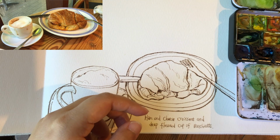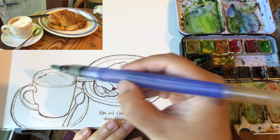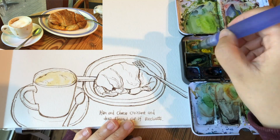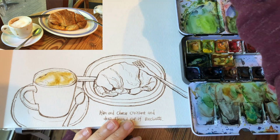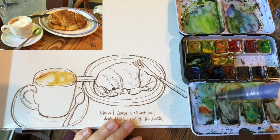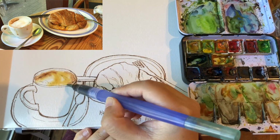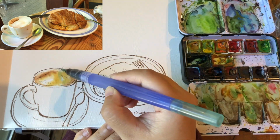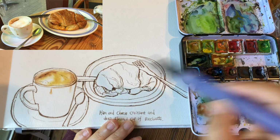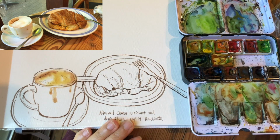Now it's time to paint watercolors before the croissant gets cold. Alright, so I'm going to start painting the yellow parts first. So I just grabbed a little bit of yellow ochre, diluted it a little bit to paint the foamy area of the macchiato with a little bit of coffee showing. Two shades for the coffee, yellow ochre and also burnt sienna close to the brim area. Just a little bit of overflowing of the coffee, so just painting that to add some more character for the